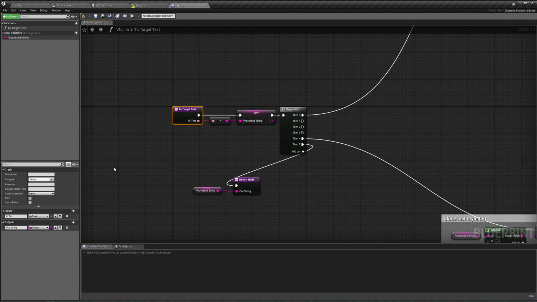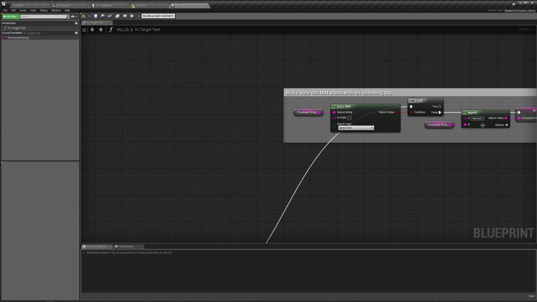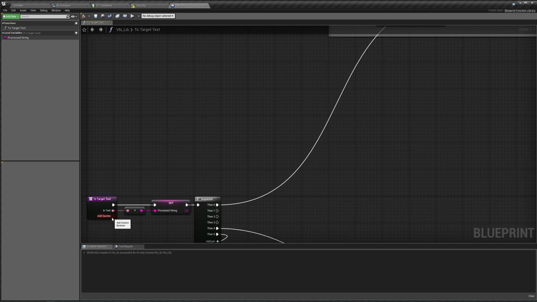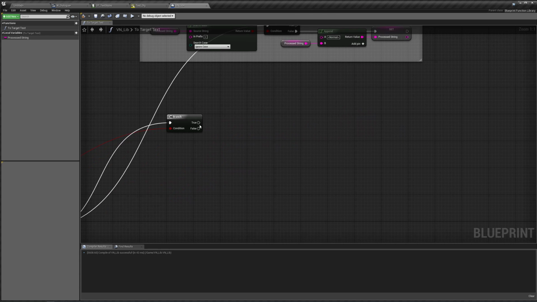So we're going to add a new input. This is going to be a Boolean. And the name of it is going to be add quotes. So after we make sure our text starts with an opening tag, we're going to say if we're adding quotes, so branch over here. If we're adding quotes, then first off, well, what we're